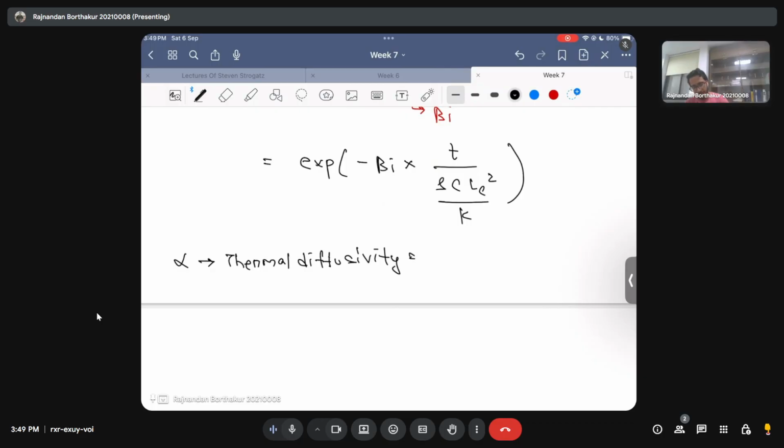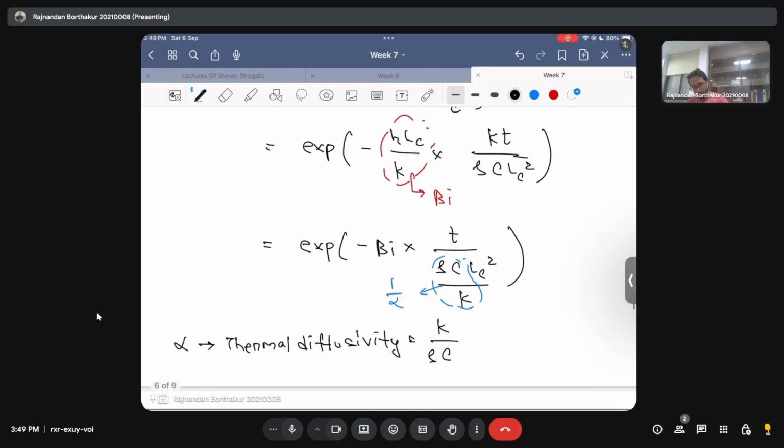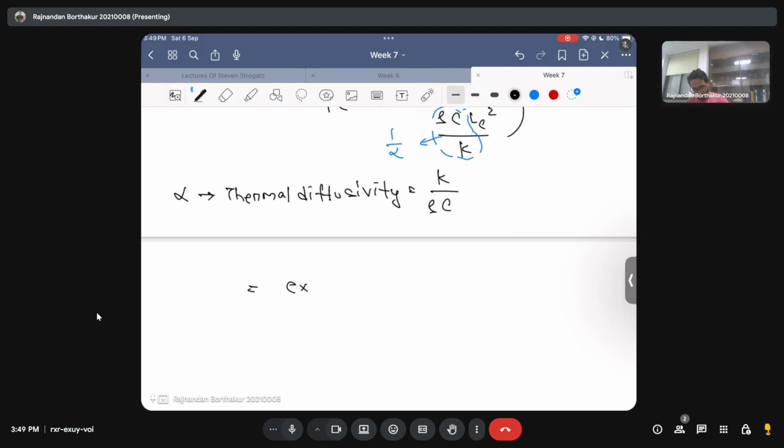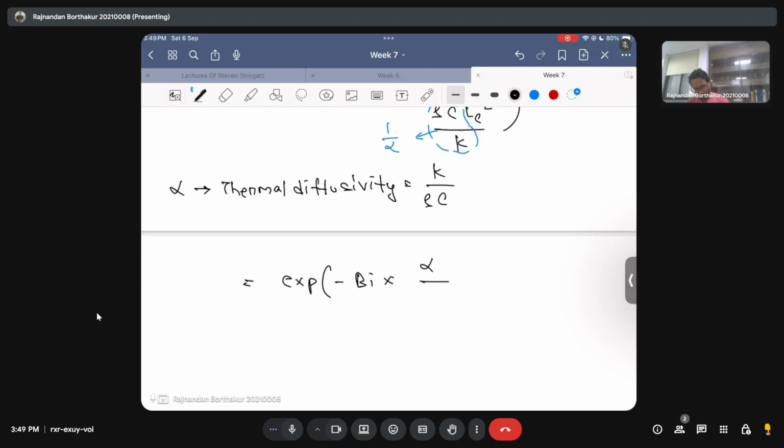and it is just the ratio of the thermal conductivity by rho times C. Physically, thermal diffusivity just says how fast is diffusion with respect to the energy storage within the body, and that's typically the physical significance of thermal diffusivity. So then in principle this rho C by K just becomes 1 by alpha, and then I can write this form as exponent of minus Biot number times T by LC square by alpha, where now